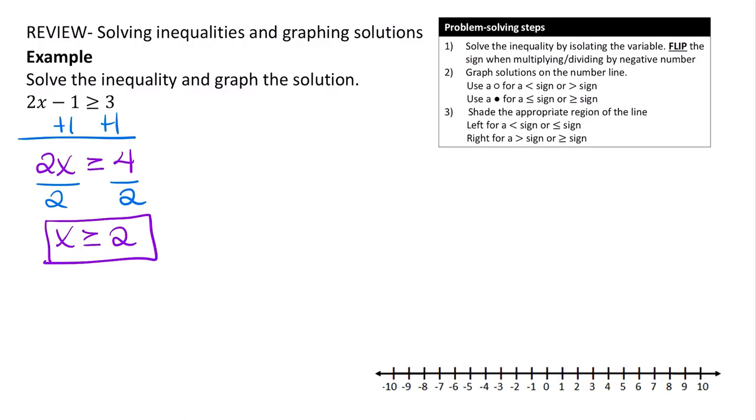So remember when we're graphing, we have some rules. So if we're using a greater than or equal to sign in our inequality, we need to use a filled in circle. So I'm going to put a filled in circle at 2, and then I need to shade the appropriate region of the line. Well, x is greater than or equal to 2 is talking about all the numbers that are bigger than 2, right? So I'm going to shade to the right of 2,